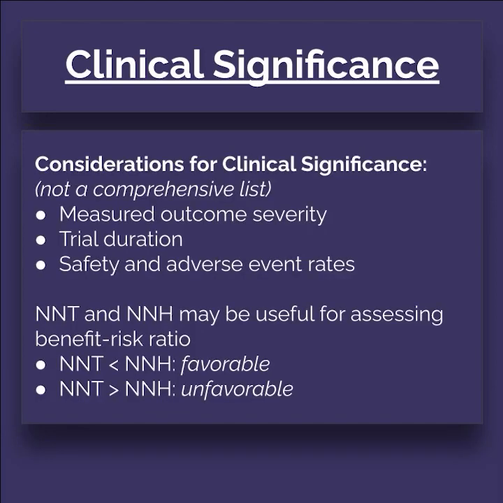For instance, the measured outcome needs to be considered. Is it a serious event like hospitalization or death, or is it less severe like nosebleeds? Additionally, the trial duration needs to be considered. Did the observed results occur in 1 month, 1 year, or 10 years? And was this enough time for said events to occur? And while there is no one perfect trial duration, this information is helpful for understanding over what period of time any benefit occurred. A 3% mortality difference occurring in 1 year sounds better than 10 years, since the treatment benefit